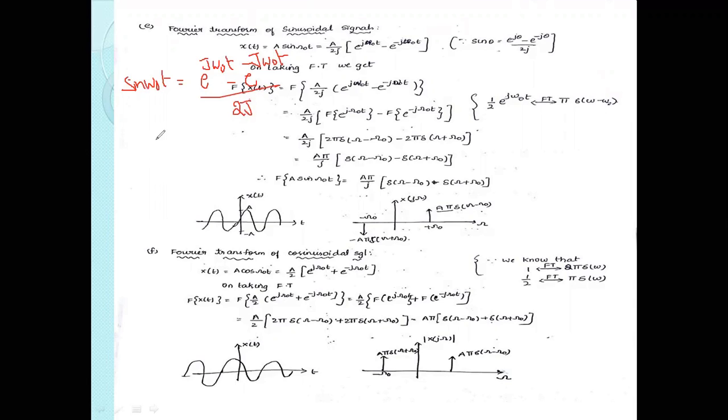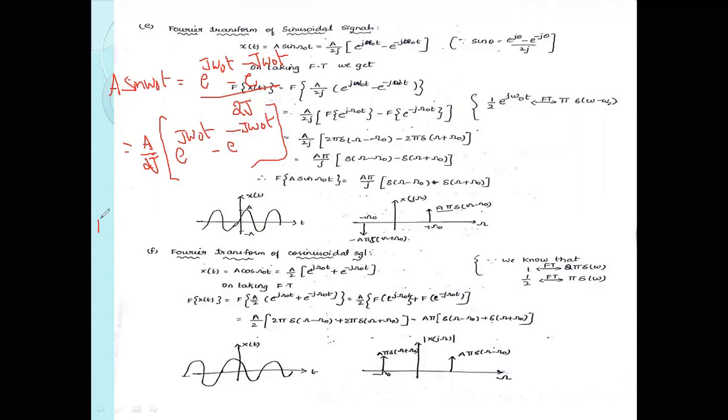You have to find the Fourier transformation of this function, and the amplitude A is also there. We can take A by 2j as a common factor, times e power j omega naught t minus e power minus j omega naught t,